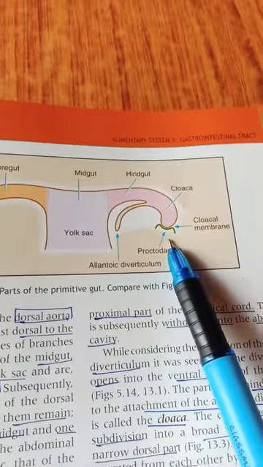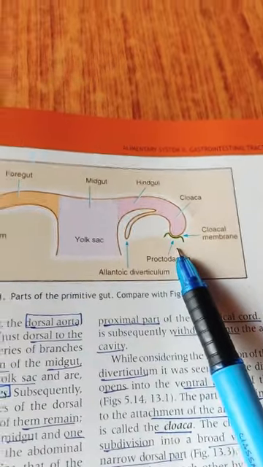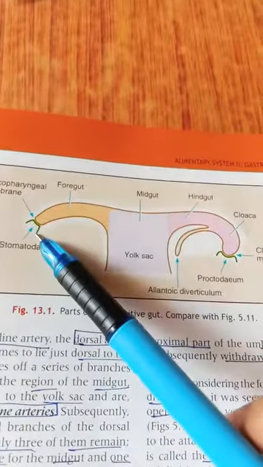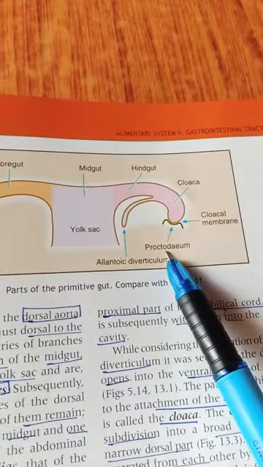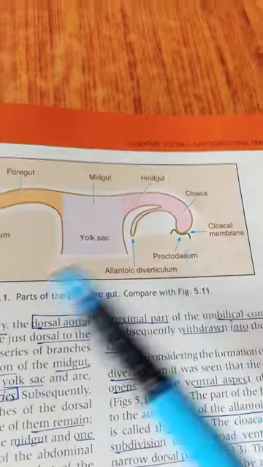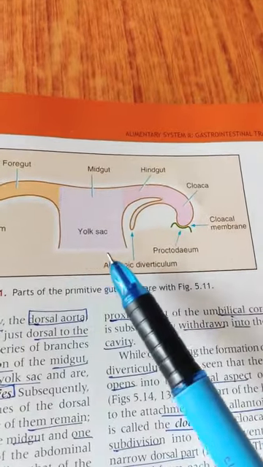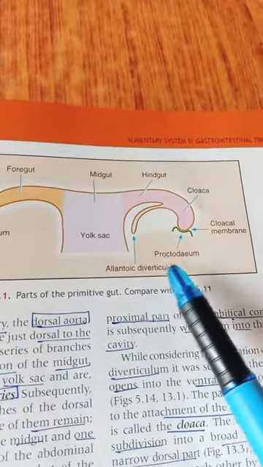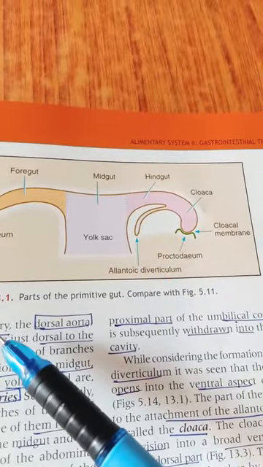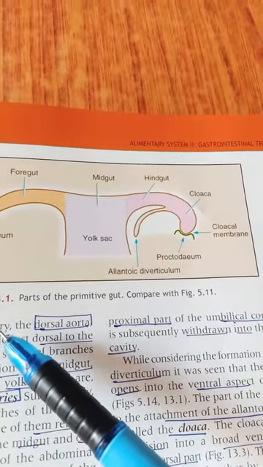canal. Some epithelium is also from ectoderm, because you can see this is stomatium, which is derived from ectoderm, and also this is proctodeum, which is derived from ectoderm. So not only endoderm, sometimes, especially in the mouth and anal canal, we have some ectodermal origins like stomatium and proctodeum.